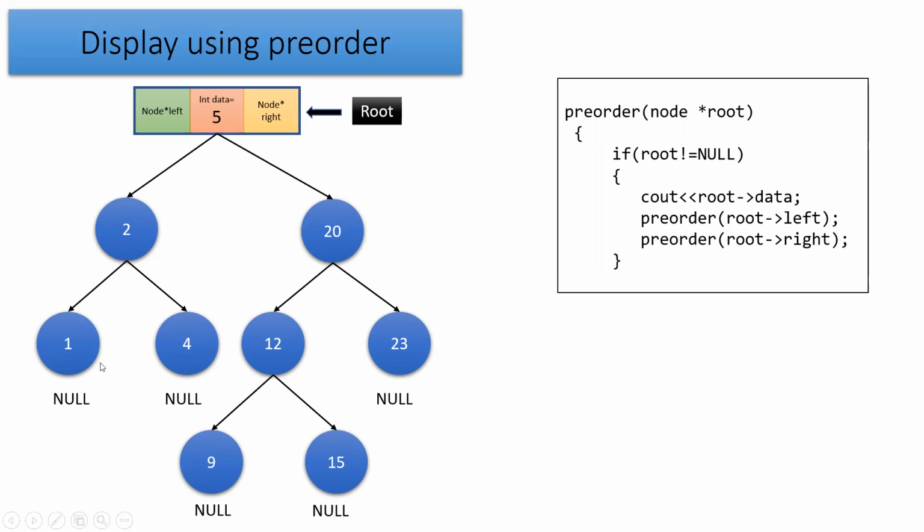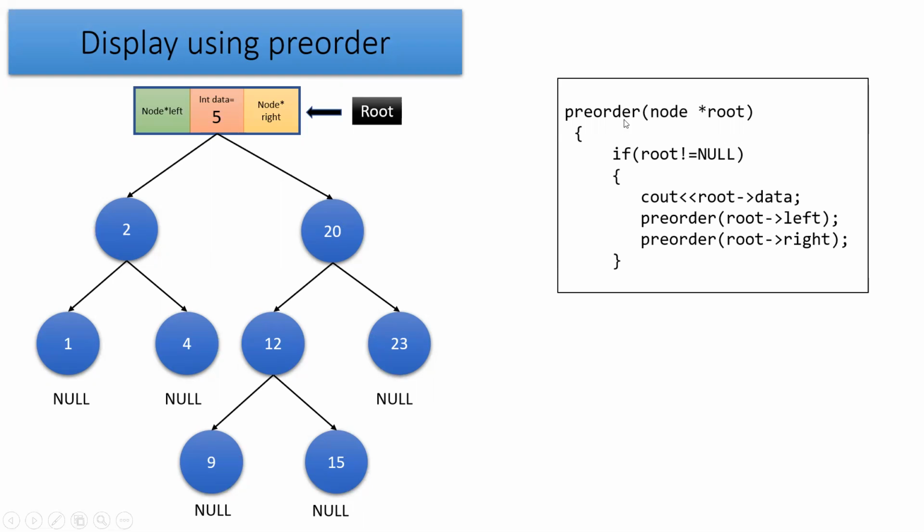Recursively, the same again we have to apply on the left side and the right side. Again in the left side, this is the root node, this is the left side and this is the right side. So again DLR we can say. In the right side, again if we apply the DLR, this 20 is the root node, this 12, 9, 15 is going to become the left side and 23 is going to become the right side. Again for this 12 here, this 9 is the left side, 15 is the right side. So each subtree again we have to divide in the DLR part and then we can easily apply the pre-order traversal.